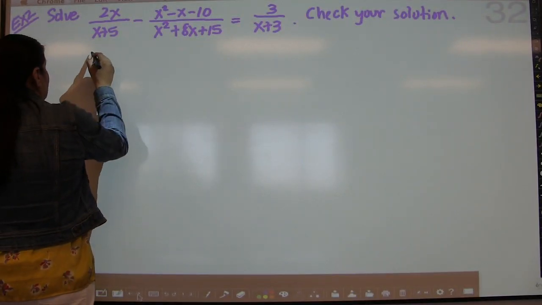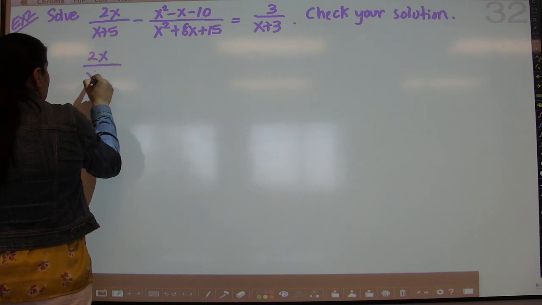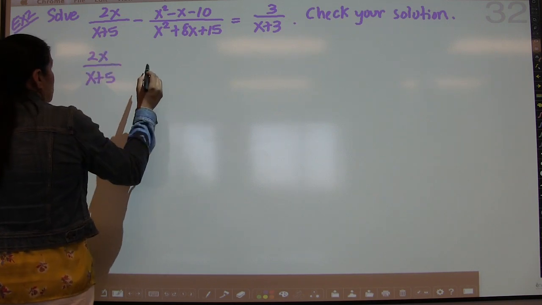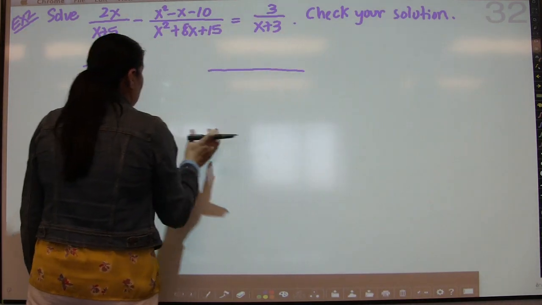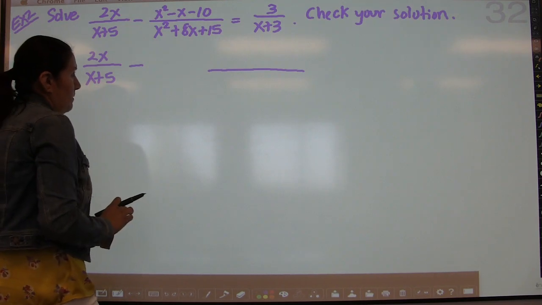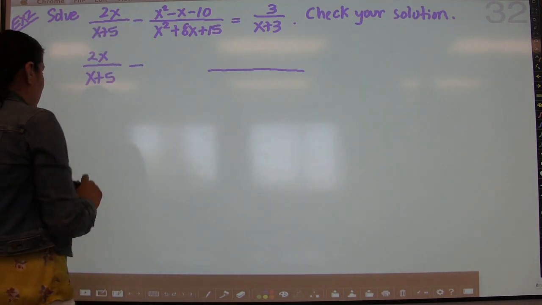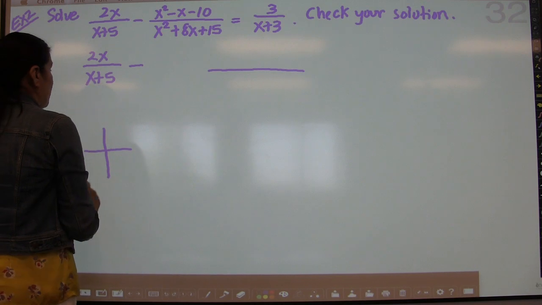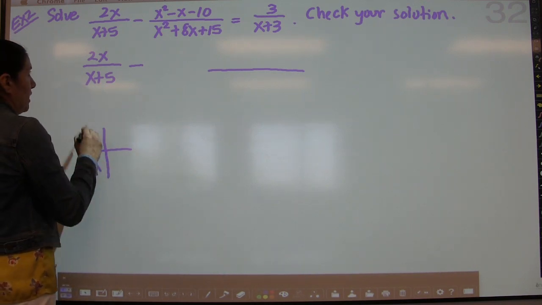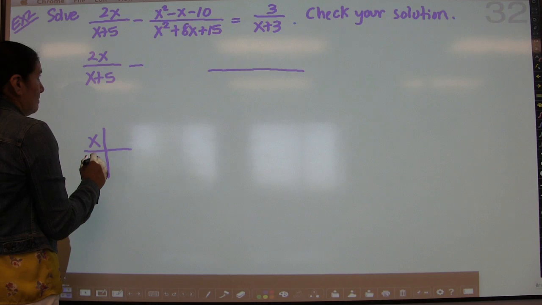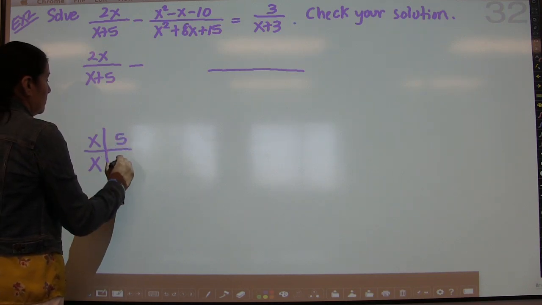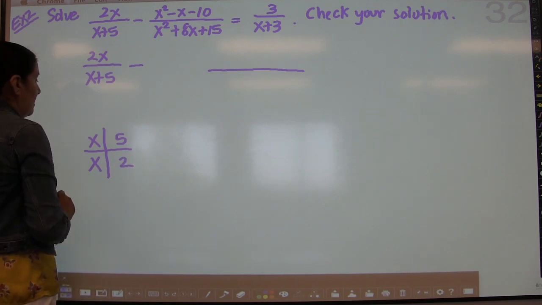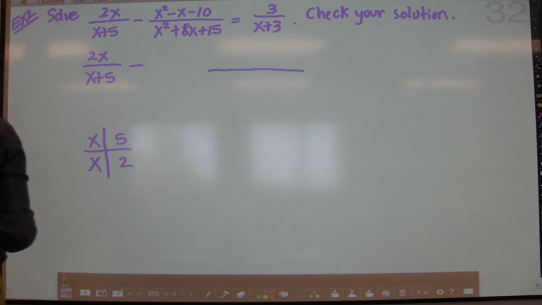So I'm going to rewrite the 2x over x plus 5. I'm also going to leave some space for myself so I can come in later and multiply it by the least common denominator here. But on top, I'm going to use my little factoring method. I'm going to have x and x to get x squared. And then we're going to try maybe 5 times 2. That will give us 10. But we want a negative x there. So,